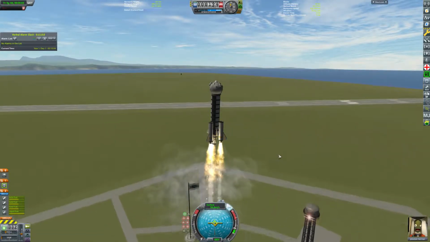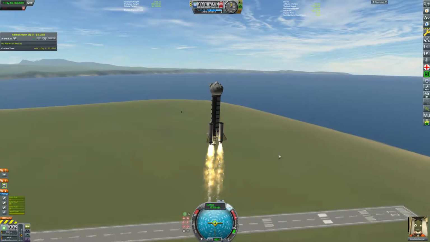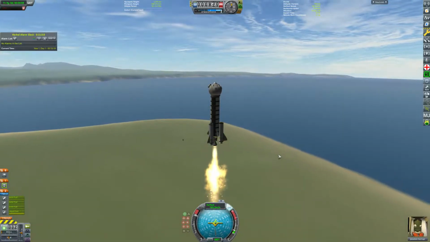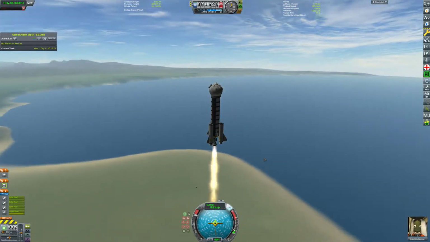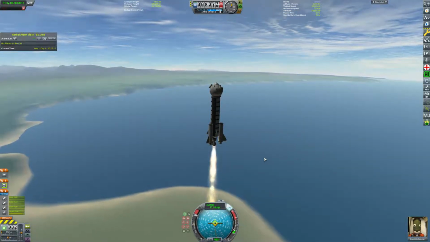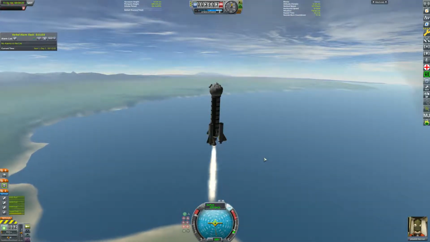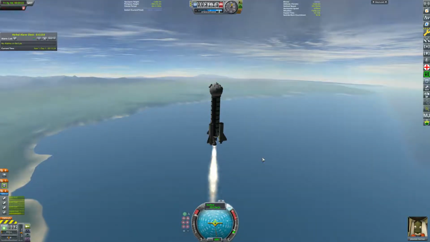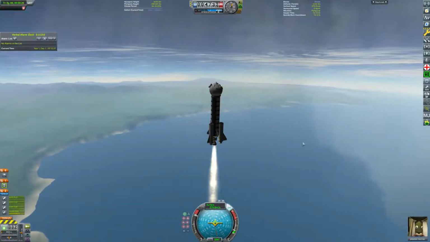Gonna burn off the solid rocket boosters first. Actually, I think there we go. Boy, those don't last very long, but they did get us up to about 160 meters per second. And that is actually a heck of a head start for the engine that we've got. Now, this looks like it's going to get us up pretty far. I mean, we're still at 80% or so fuel, and